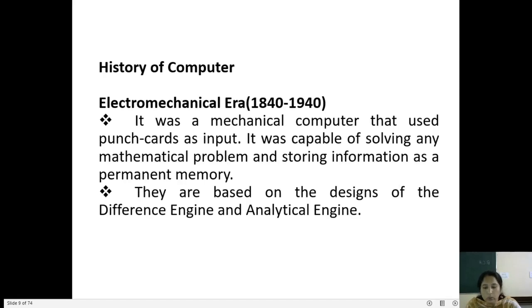In the electromechanical era itself, there was a lady called Lady Ada Lovelace. She introduced the programming and storing concept. She introduced machine language. She is one of the first programmers. She is the first programmer who introduced the programming concept, and at that time they were using only machine level